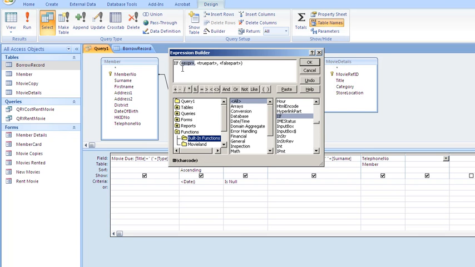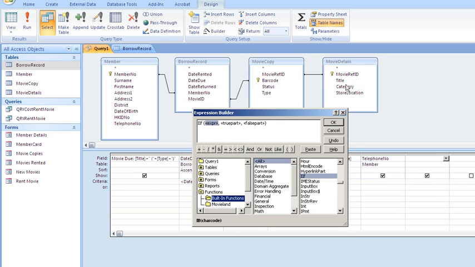So the expression is if the video type, okay, and that's its category, so we type this in, so category equals weekly. Okay, the cost, and that's what we're calculating, equals $7 multiplied by